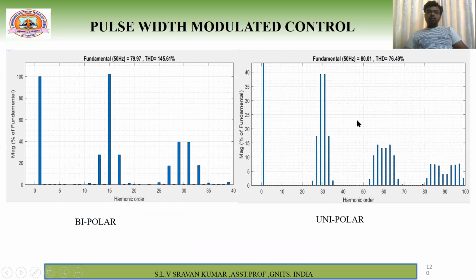So the unipolar scheme. Here the first band of harmonics exists at 15 and here at 30. That means if you go for unipolar, because the output frequency is doubled, the filter size is reduced. Why is the filter size reduced? Because THD is less. The THD is less, as I have shown, because of the error. The error in case of